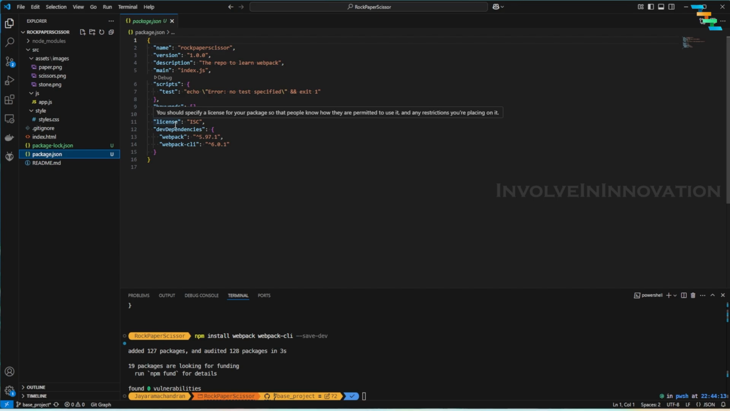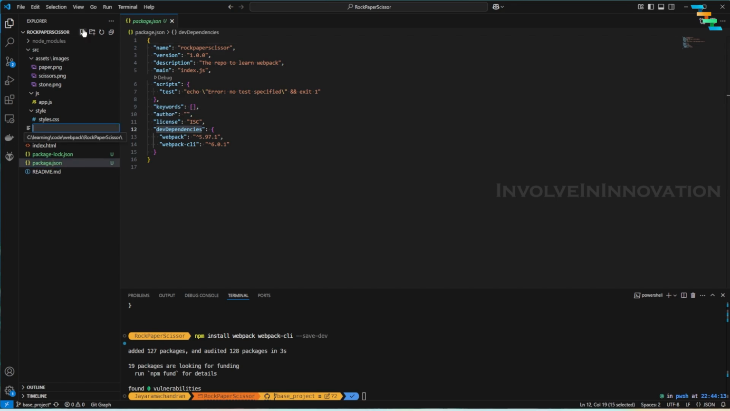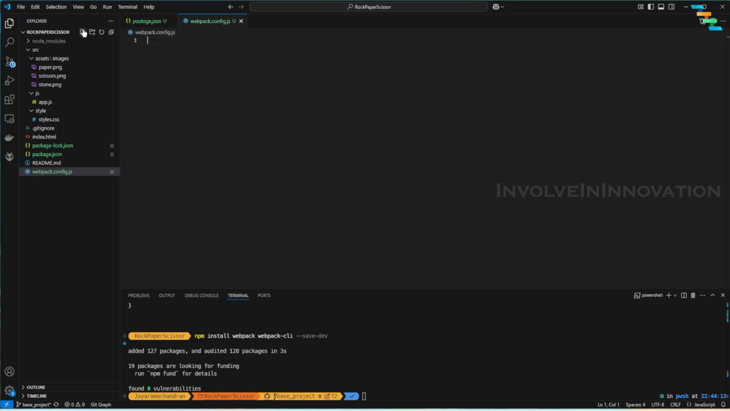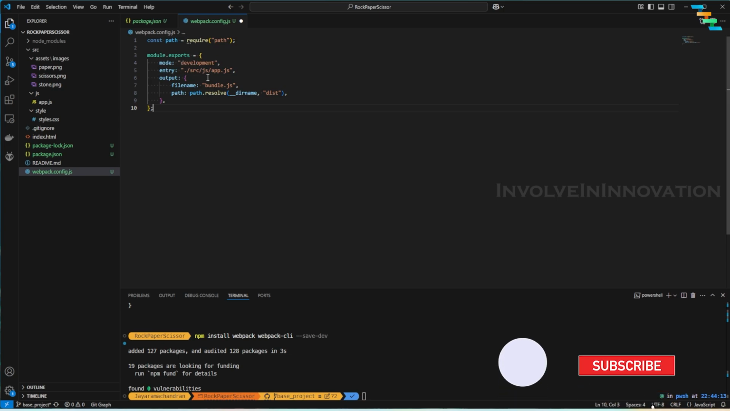Now with this, we will be starting with our Webpack configuration. To start with the Webpack configuration, we need to create webpack.config.js. We will be defining the mode first. So the mode is development, and then we will be defining the entry point. For this application, the entry point is app.js. So here this app.js is residing inside src, and inside src there is a JavaScript folder, js, and then app.js,